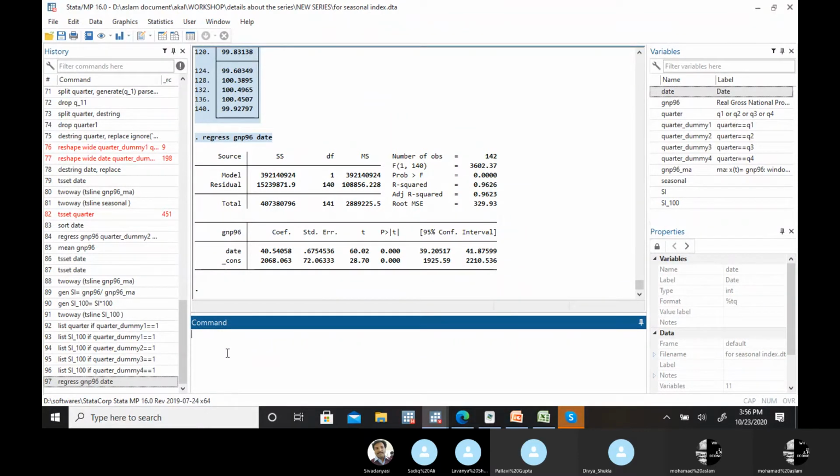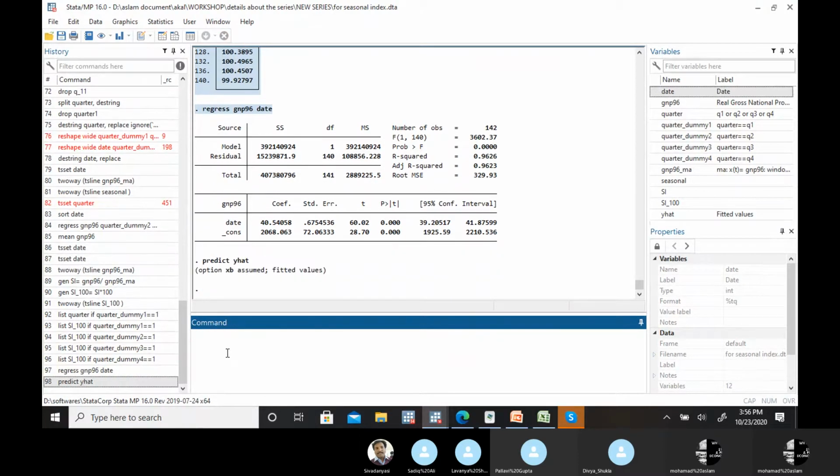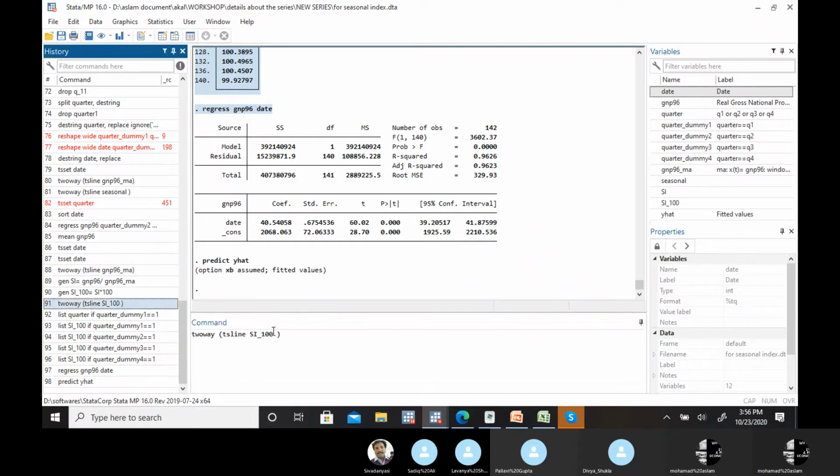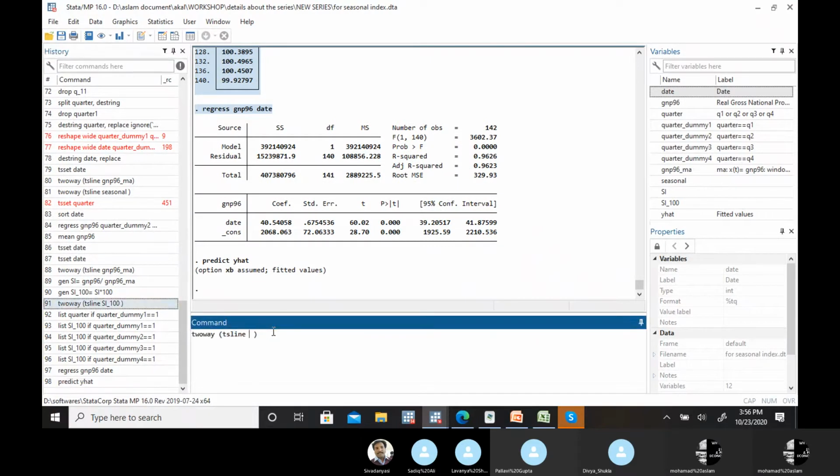So first, let's see our trend value T. For that we need y hat. So predict y hat, and we need a graph of this y hat.